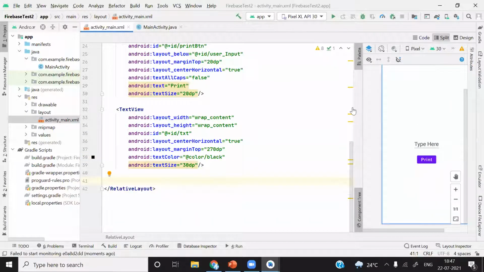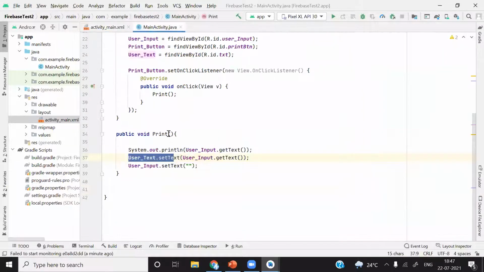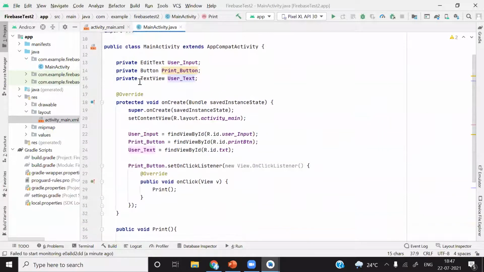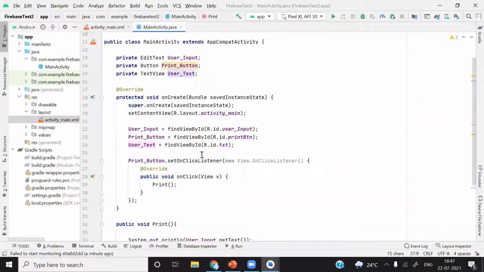So assume that whenever you are receiving any data from an IoT cloud platform and you want to show it on your screen, this is how you can set it. Whatever data you are getting, you have to first declare the text view, then define it with find view by ID, and then use it.